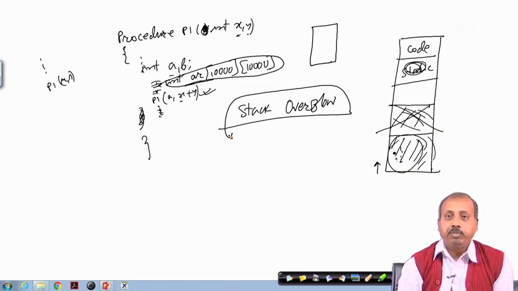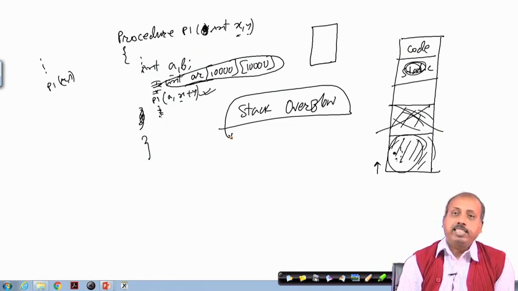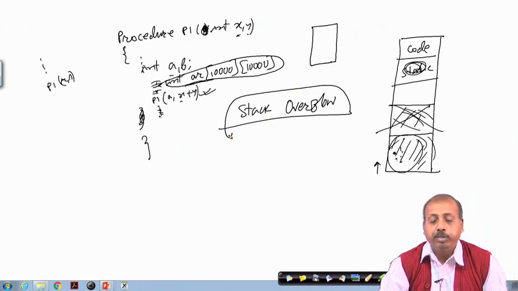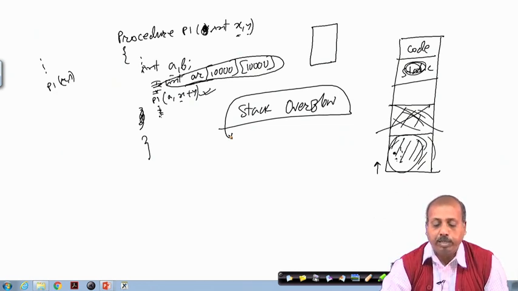So, it is advisable that we do not do that, because large local arrays will be created on the stack, and particularly if it is a recursive function or recursive procedure, it will be invoked again and again. So, there will be large space occupied by these local arrays, and there is a chance of stack overflow.